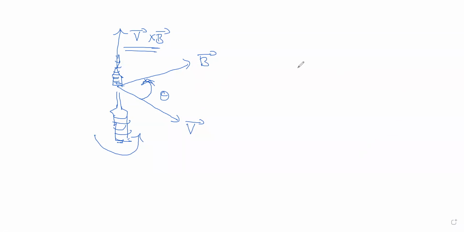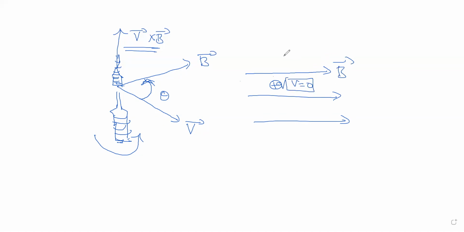And now another thing: what are the situations where you get the force zero? One situation is that this is the magnetic field, and the charged particle is unmoved, that is V is equal to 0. With B bar there and V equal to 0, you can say Fm is equal to 0. Magnetic force goes to 0 in this case. Clear? This is case 1. What are the cases in which Fm is 0? That's what we are seeing.